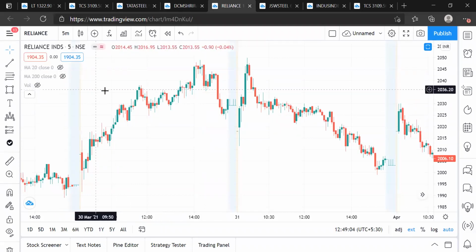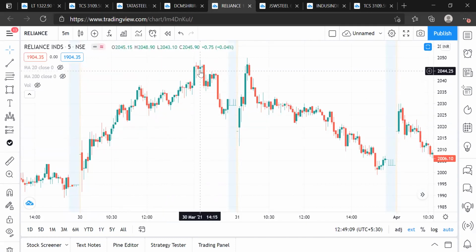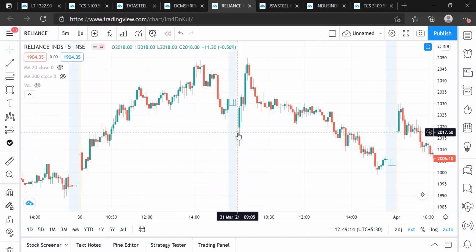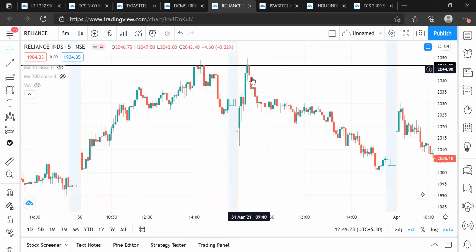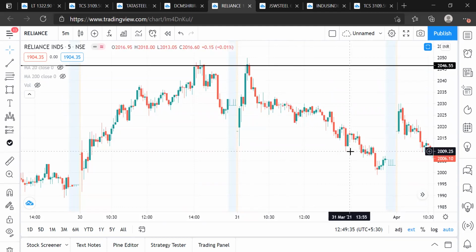Another example of Reliance Industries. First condition, the price should rally on the previous day. The first condition is getting fulfilled. Second condition, the price opens lower on the next day. Third condition, once it gets close to the previous day's high, it finds a resistance over there. So once we had these red bars, we sold the stock, and look at the kind of decline we had after that.